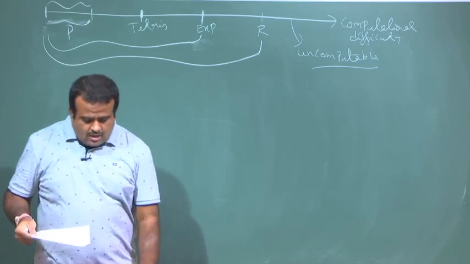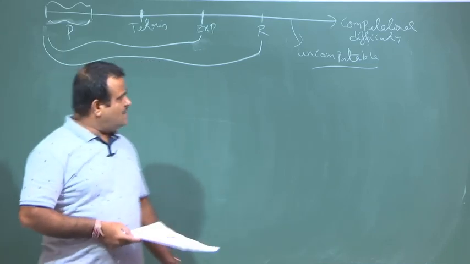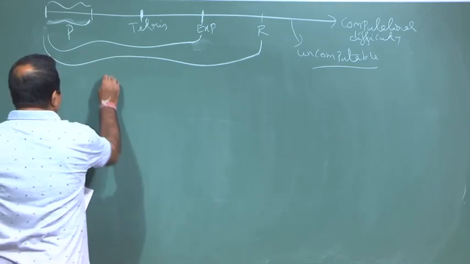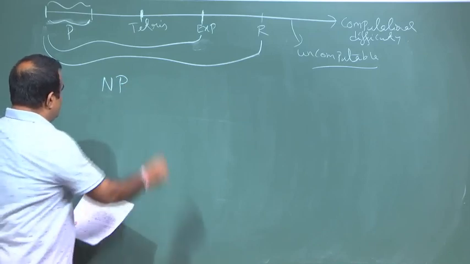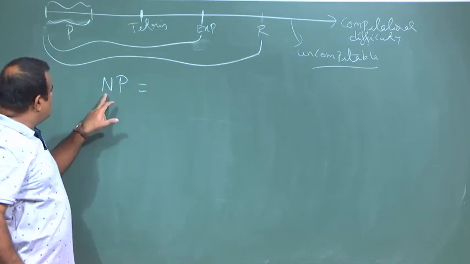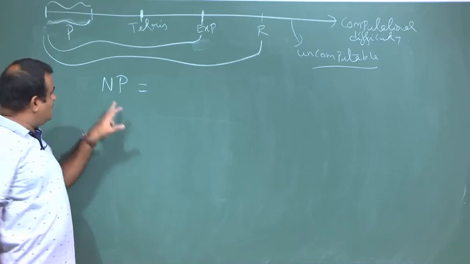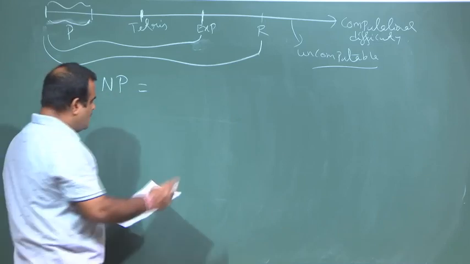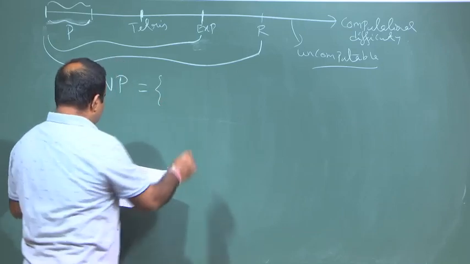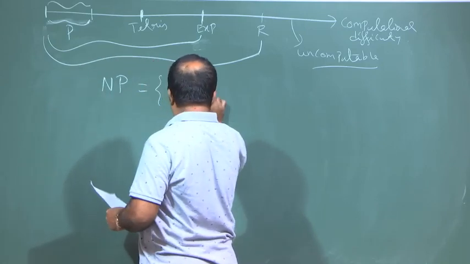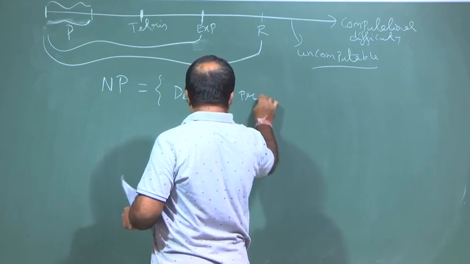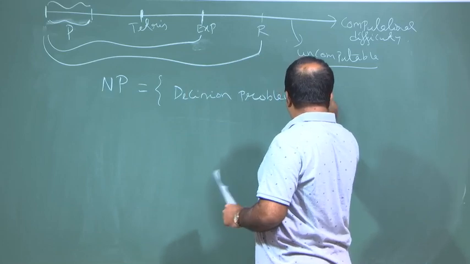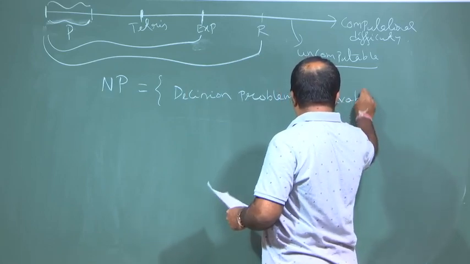So these are the complexity classes we have discussed. Now we talk about another class which is called NP. NP is not non-polynomial, it is non-deterministic polynomial. So what is NP? This is basically the set of all decision problems which are solvable in polynomial time